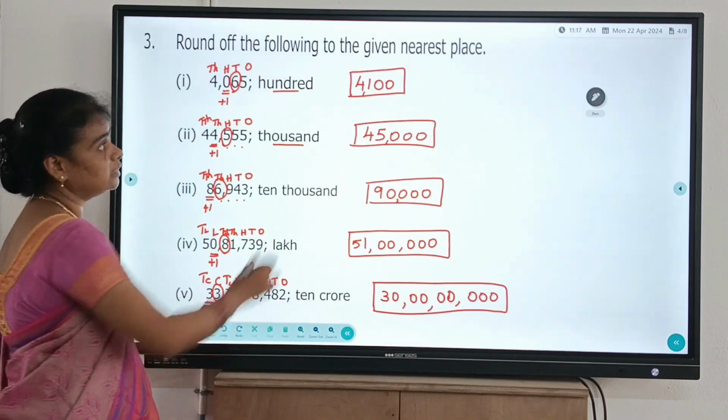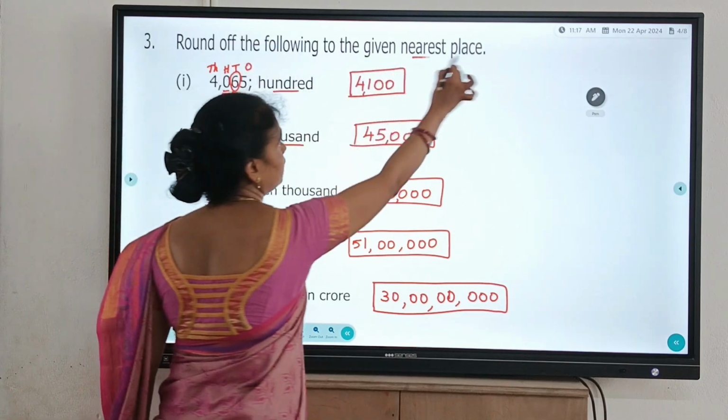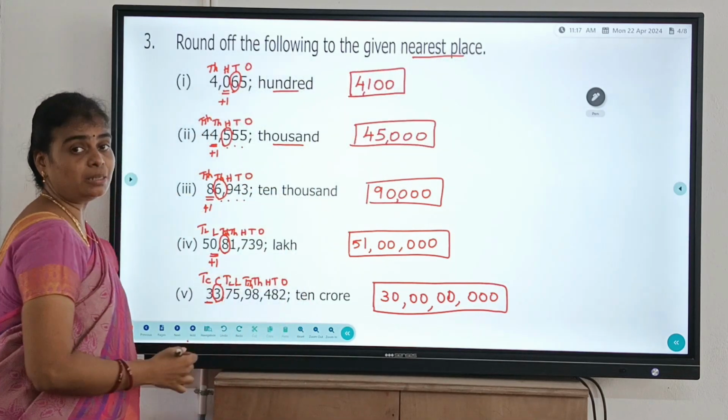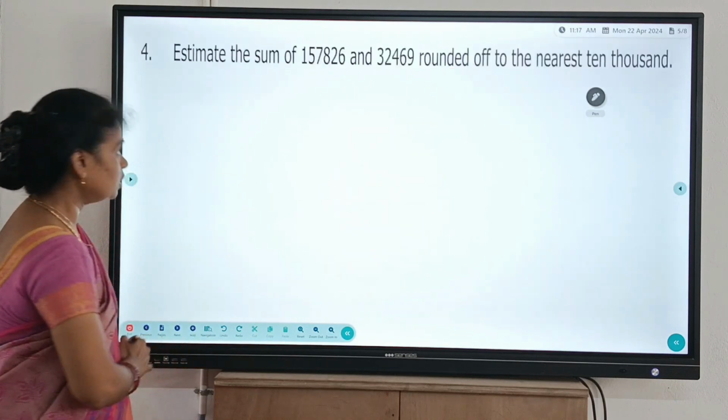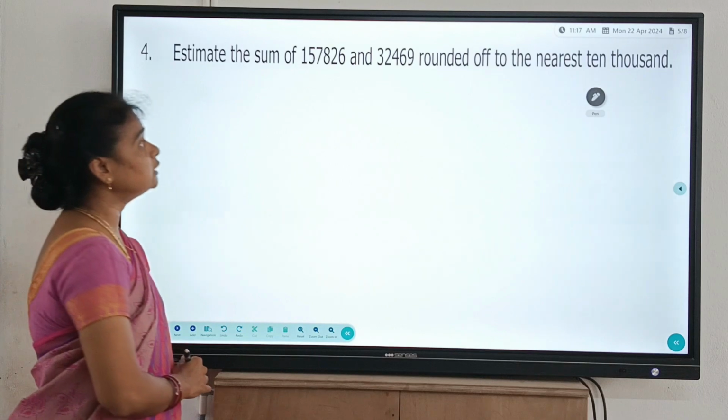This is very easy. Rounding off to the nearest place is very easy. We write the place values and then proceed with the sums. Now we will go on to the next one. Estimate the sum of,